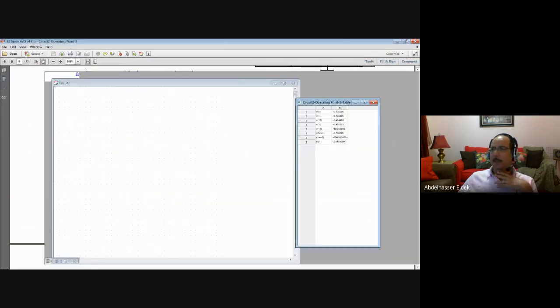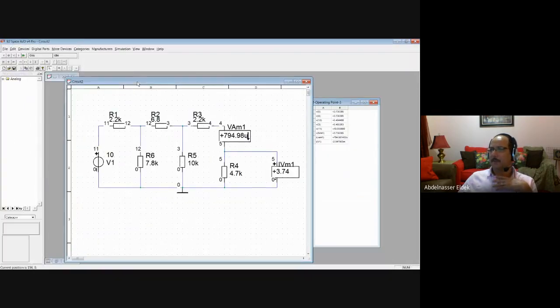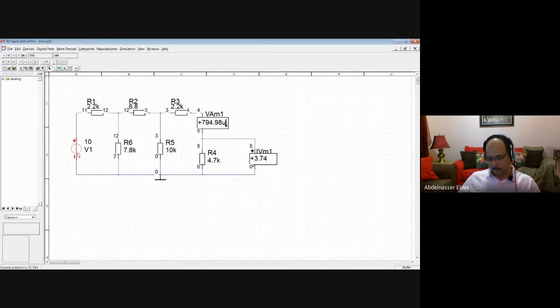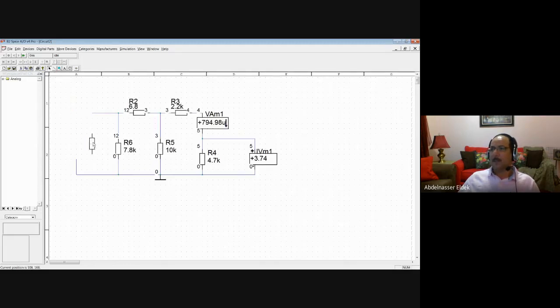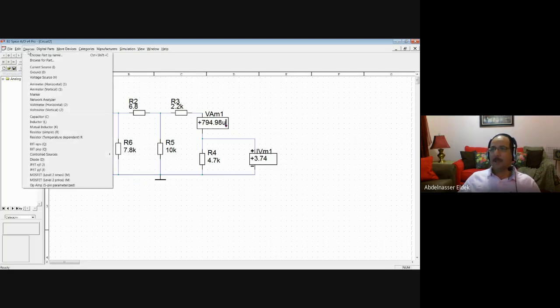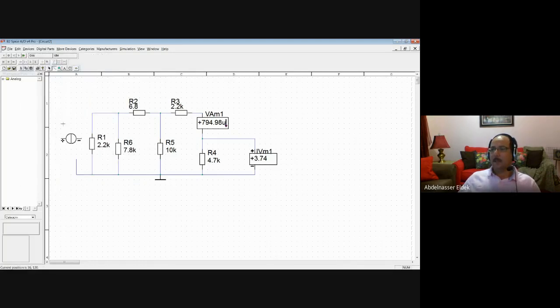If we go back, we replace this volt source and this 2.2K. Let's remove everything. This one will be rotated like this, 2.2K, and then we add wire. And then we add a current source device,